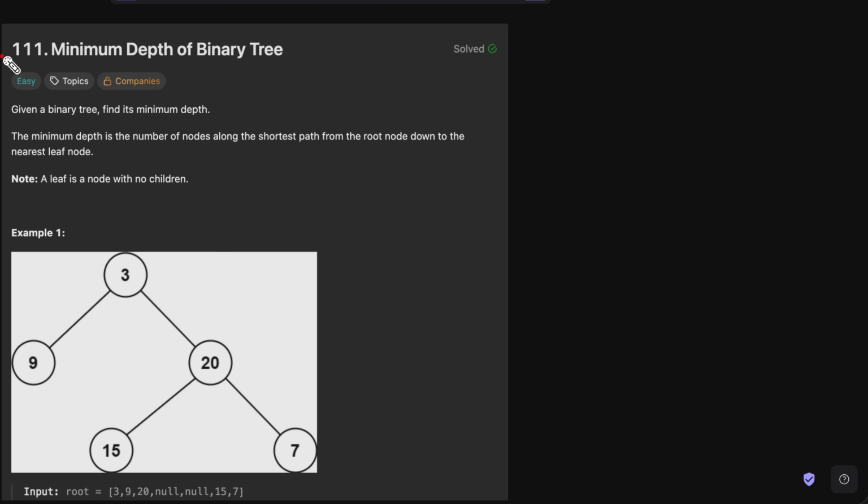So today we have Leetcode 111, that is minimum depth of a binary tree. In this problem we will be given a binary tree root and we have to find its minimum depth. The minimum depth is basically the number of nodes along the shortest path from root node down to the nearest leaf node. So basically we have to find the nearest leaf node, and the leaf node is simply a node